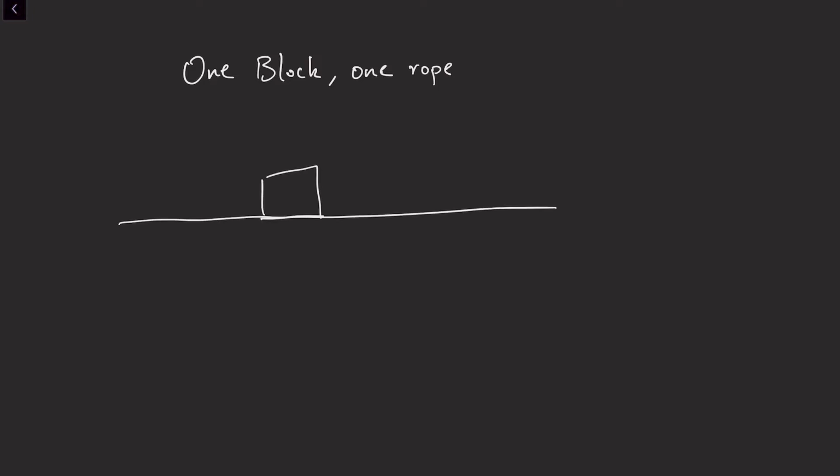We have a block, mass 1 of 2 kilograms sitting on a horizontal surface, and now there's a rope pulling it to the right, and there's some tension, some force T that exists inside that rope, and it's being pulled at 60 degrees from the horizontal. Great. We also know that this block is experiencing an acceleration in the right-hand direction of 3 meters per second per second. This is the information we're given. Now, what is the tension force that we're looking for?